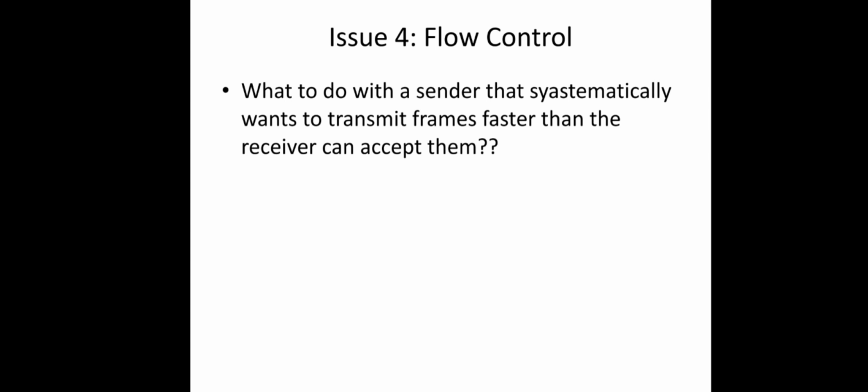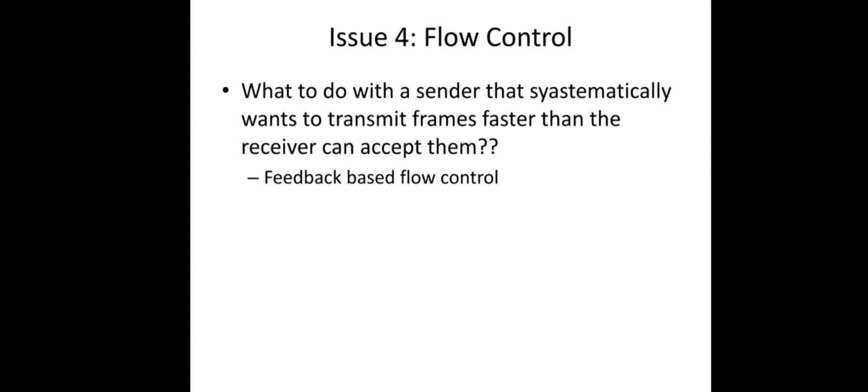What happens? Even if there is no error in the transmission, there can be some point at which the receiver wants to discard frames because it is no longer able to handle them. So a lot of packets may be lost for this type of reason. What to do for these issues? Generally two different schemes are used. The first one is taking feedback from the receiver in between. In that case the receiver will send some information back to the sender, giving it permission to send more data, or informing it that it is overloaded and to wait for some time. Some information is taken from the receiver to the sender to decide upon the further procedure.